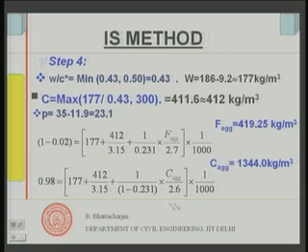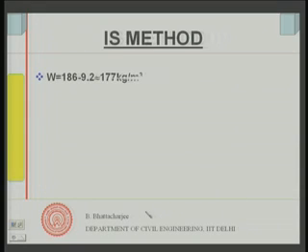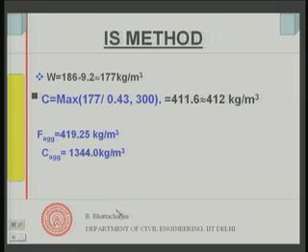So, now I can look into my total mix design, the mix proportions that I have got. Water, I have got 177 kg per meter cube, cement as 412 kg per meter cube, fine aggregate as 419.25 kg per meter cube, coarse aggregate as 13.440 kg per meter cube. The sum total therefore would come to be 2352 kg per meter cube, and that is the wet density of the concrete that would be occupied in 1 meter cube of the volume. So, that is what gives me the total mix design.